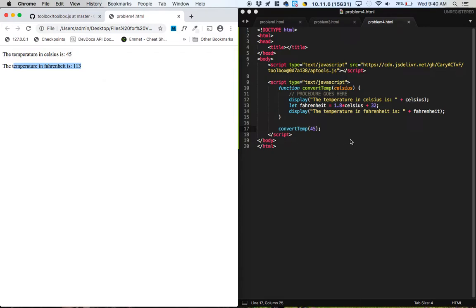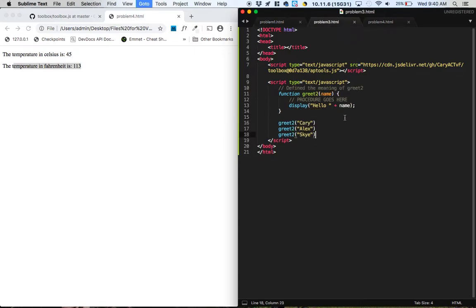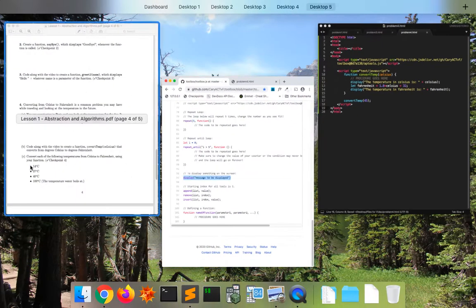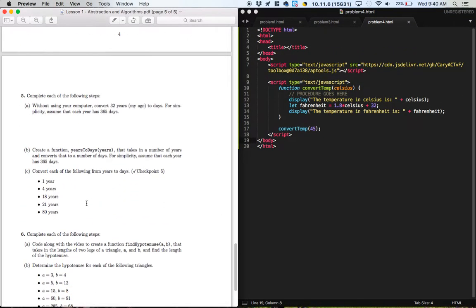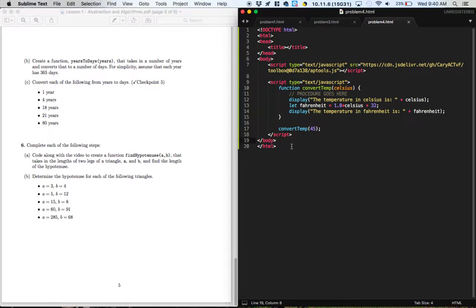And you could convert a lot of different things. In fact, the next problem you're going to be doing by yourself, you're going to be converting days to, or years to days. All right, for problem number 6, the last one that we're going to be doing together,